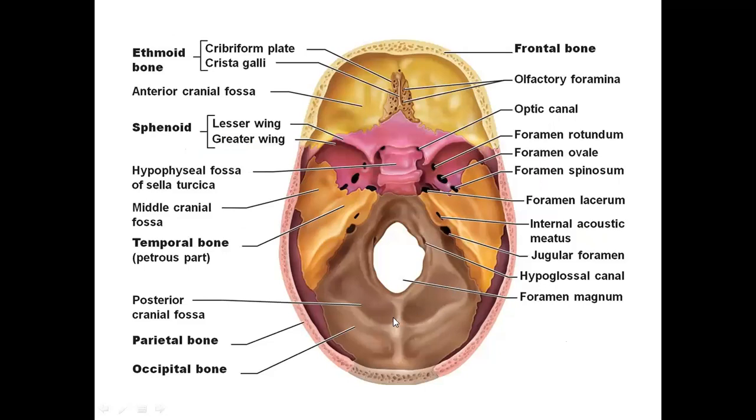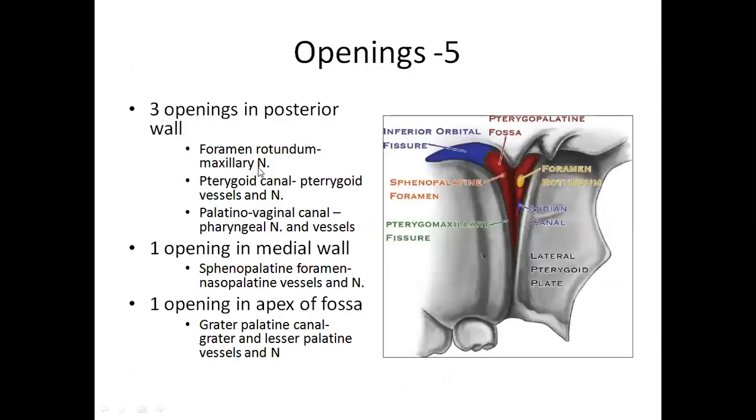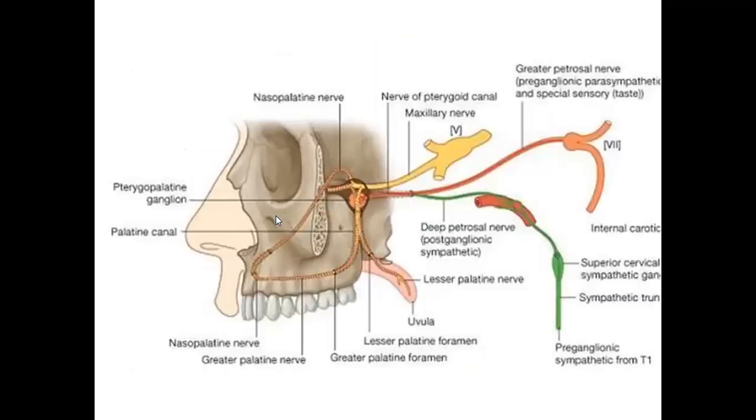This is actually the cranial fossa and you can see the foramen rotundum view here. We are going to show you this as a separate lecture. The anterior and middle skull bone has been cut, the cranial vault is removed, and here you are finding this hole, foramen rotundum. Below this, you have to imagine it is leading into the infratemporal fossa. That foramen rotundum you will see in one of the posterior walls of the pterygopalatine fossa.